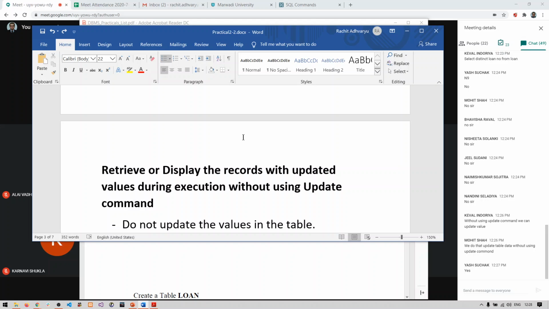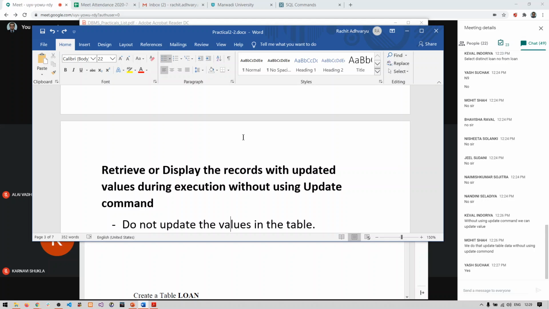The update command actually updates the data in your table, but here we are not going to update the data in the table. Rather, we are going to update the values while writing the select query, and we will just show it. Once it is done, we don't require it anymore. Remember this line: we are not going to reflect the changes in the table.